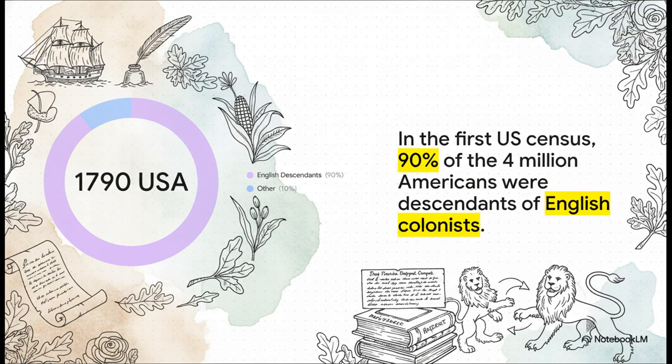But even with all this divergence, it is so important to remember the shared foundation. I mean, look at this. The very first U.S. Census in 1790 shows that a staggering 90% of the population was of English descent. So the linguistic DNA of the new nation was, without a doubt, overwhelmingly English, even as its people started to build a uniquely American culture.